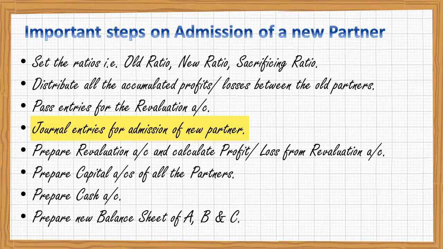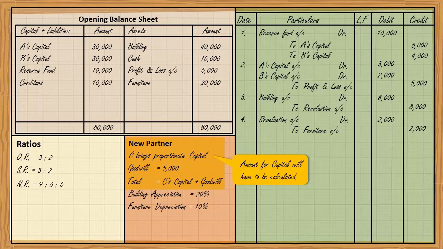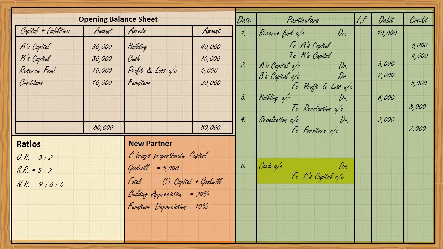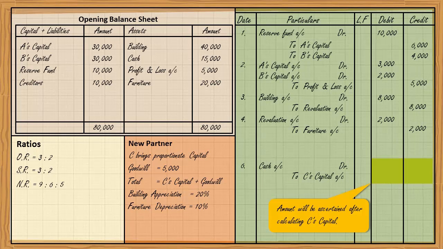So now the new partner is coming. Now it's a new thing for you. He brings proportionate capital. I don't know how much money he will bring, but it may be 10,000, it may be 50,000, it may be 40,000. I will have to calculate separately. But you should pass the journal entry just now. Cash account debit to C's capital. Don't write down any amount because at this moment you don't know how much money will be brought by C